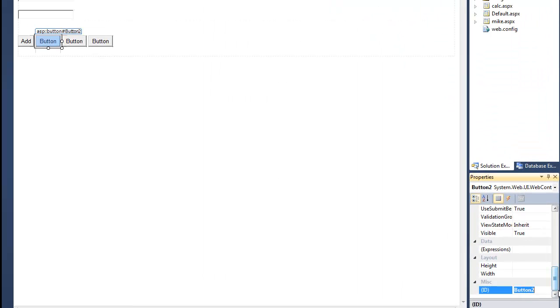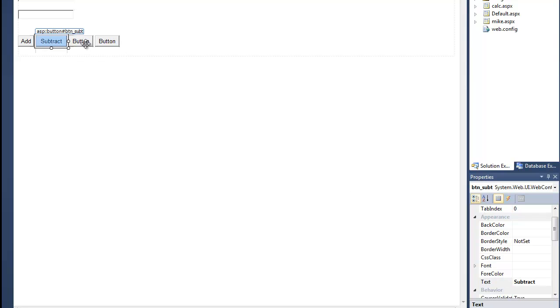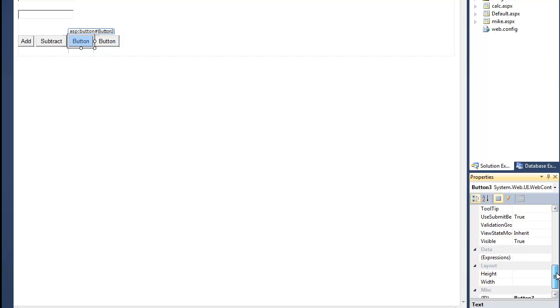Button 2, let's call it btn underscore subtract. Multiply. And finally,